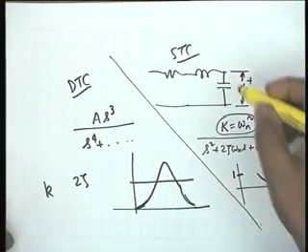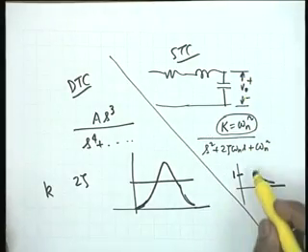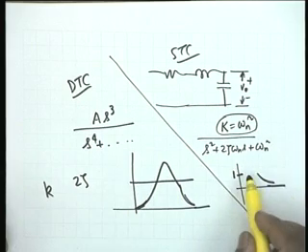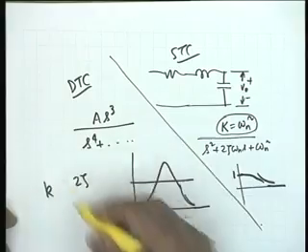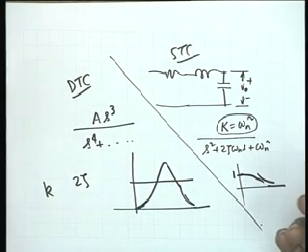If the output is taken across a capacitor, there may be a peak, there may not be a peak. If there is no peak, then obviously only one half power point. Even if there is a peak and the peak is less than √2, then also there shall be only one half power point. Alright. Whereas in a double tuned circuit, irrespective of what you do, there shall always be